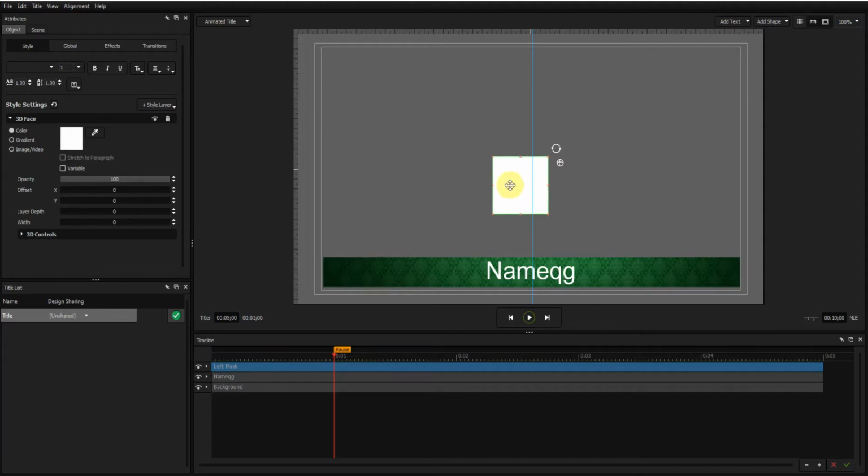Now left click and pull that down so that this middle handle is somewhere near the middle of this background. At this stage it doesn't need to be exact. Now with this rectangle still selected, indicated by the green bounding box, and this element highlighted, go to the Global tab